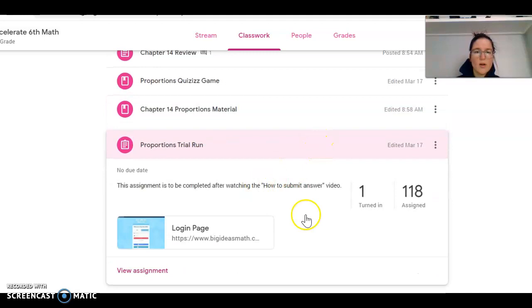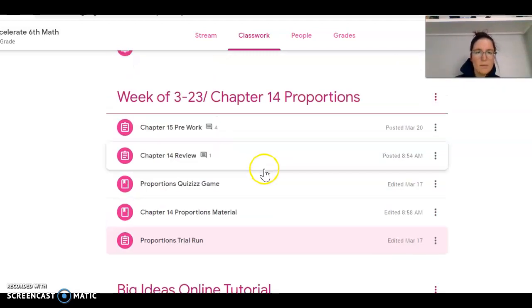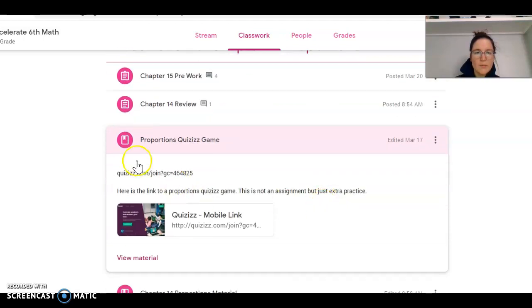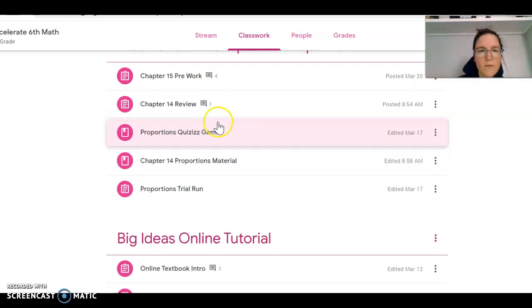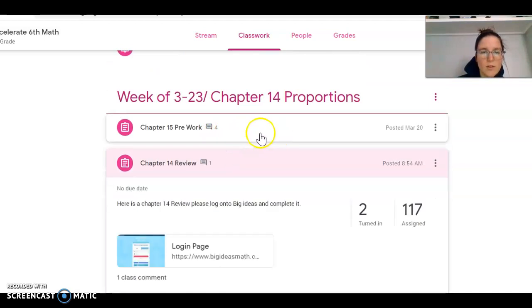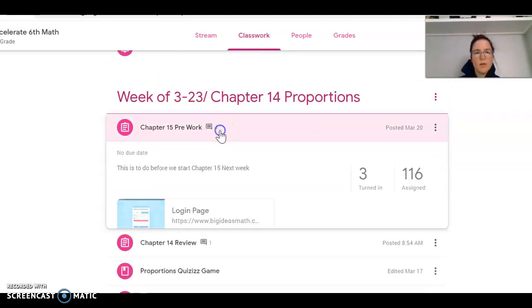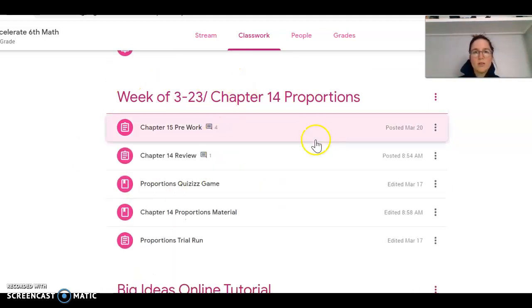Here's proportions trial run if you want to try Big Ideas. Here's that quizzy game that has the link and the code for you to play it. If you want to FaceTime some friends and play with them, go for it. And then here are the chapter 14 review and chapter 15 pre-work. What it actually is,